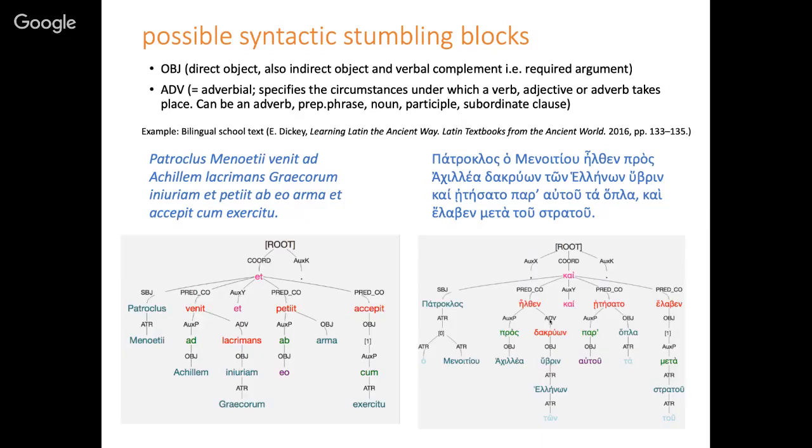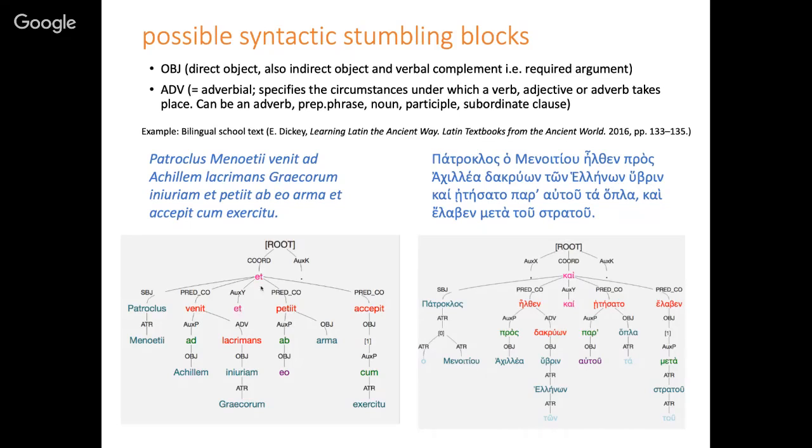So I have here now both the Latin and Greek treebank. So you can look at the version that you are on, the language which is more familiar to you. First thing I mention is that we have here three predicates that are on the same level. They are coordinated. So there's the et or kai, which is coordinating these three verbs, and there is actually one